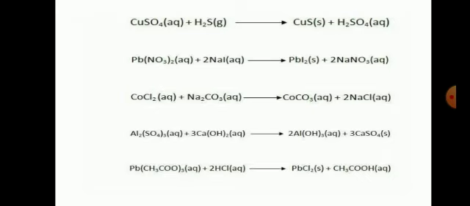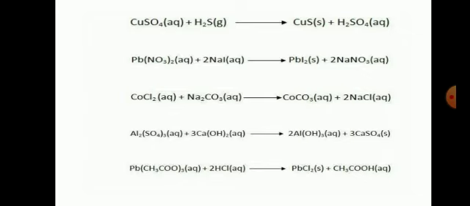Pb(NO3)2, that is your aqueous solution, on combining with 2NaI, that is your aqueous solution, that is lead nitrate combining with your sodium iodide, will give you lead iodide and sodium nitrate. So here also the replacement of ions has taken place. You can observe PbI2, that is your lead iodide, which is solid in state, and 2NaNO3, that is your aqueous solution, are the end products here. Now let's see some other examples.